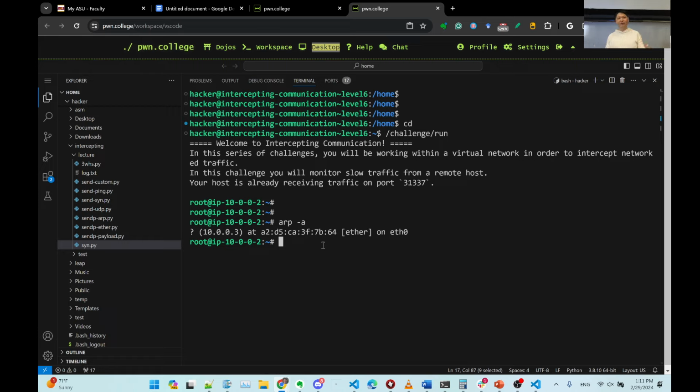But in the subnetwork, if you'd like to exchange data, you should use the MAC address, right? So the purpose of ARP is converting between the IP and MAC address. Okay,